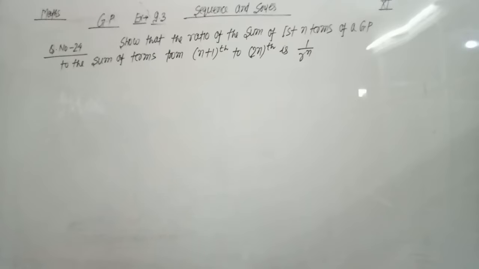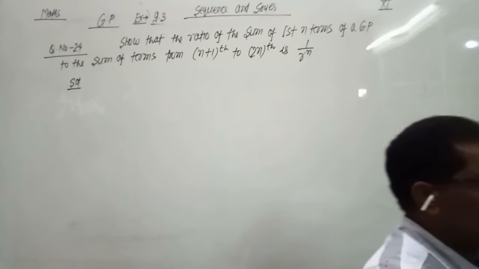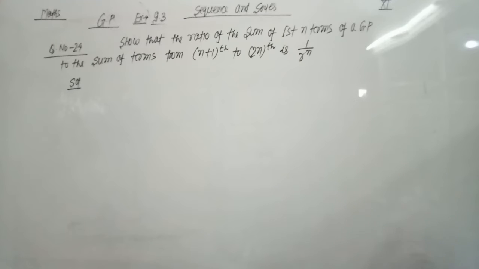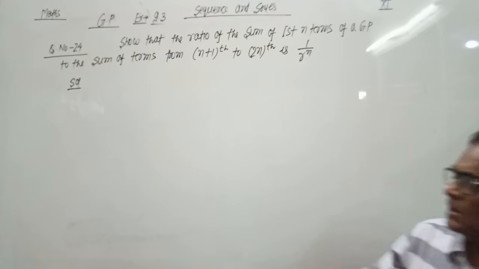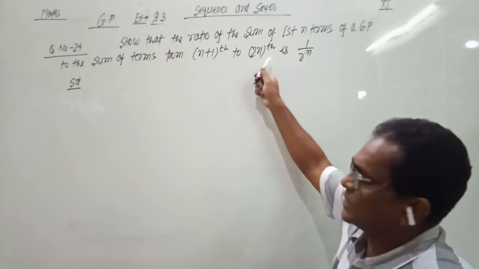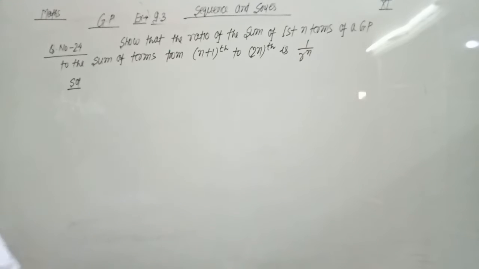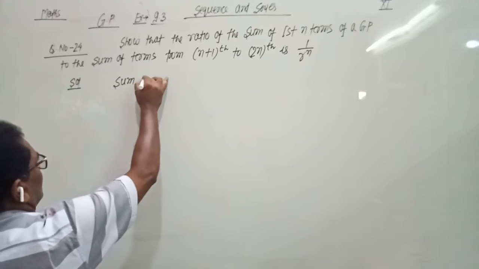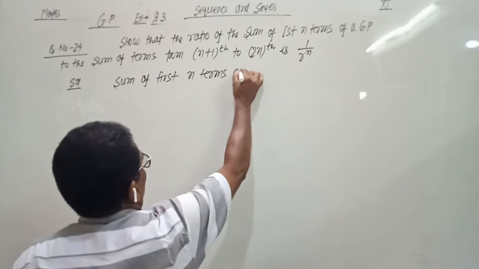So we have to show that the ratio of the sum of first n terms of a GP to the sum of terms from n plus 1th to 2nth. From n plus 1th to 2nth, there are also n terms, and in the first case there are also n terms. So the sum of first n terms of a GP,